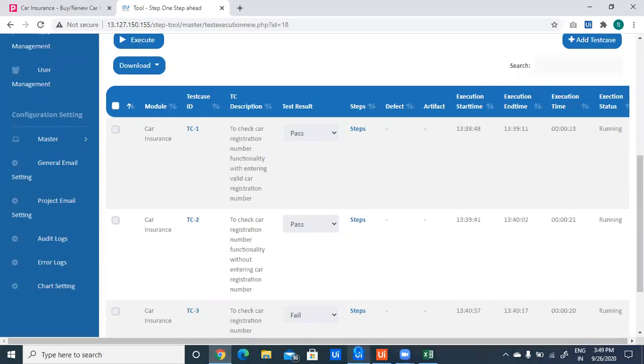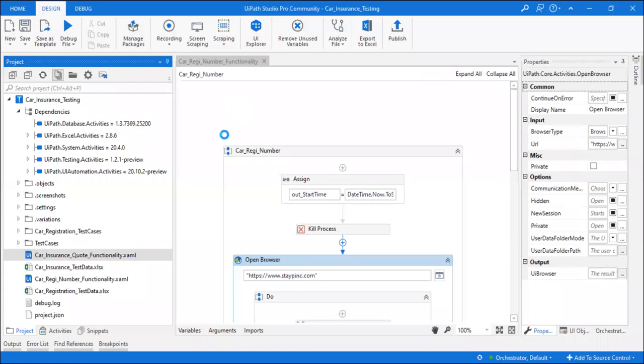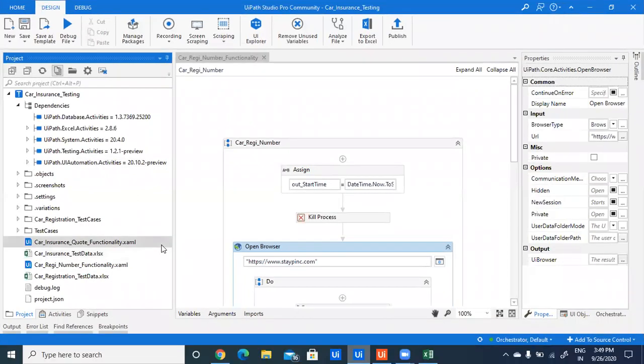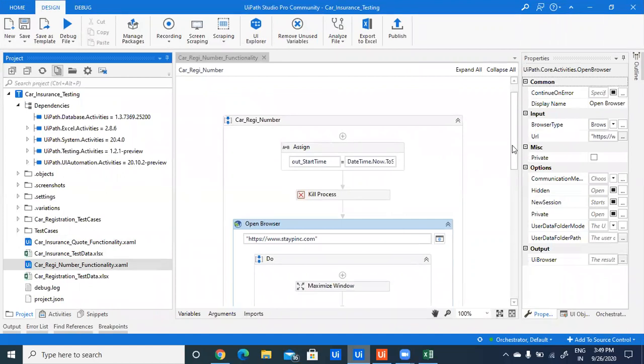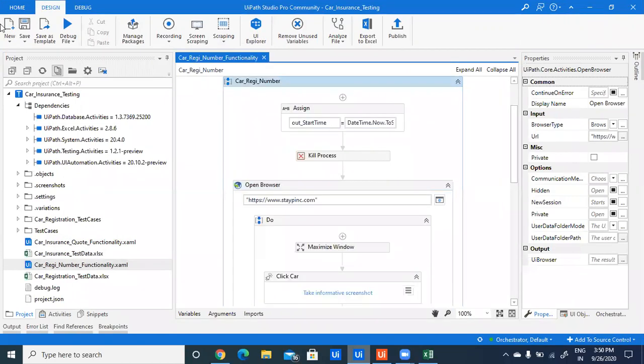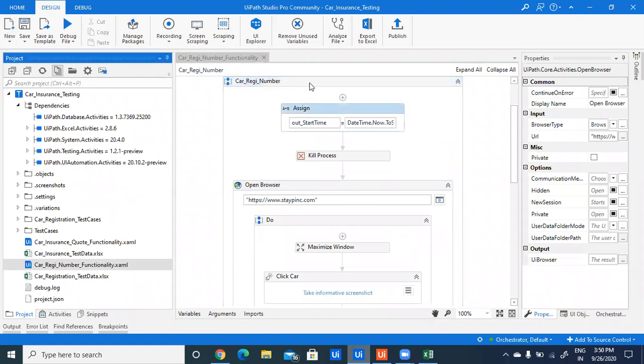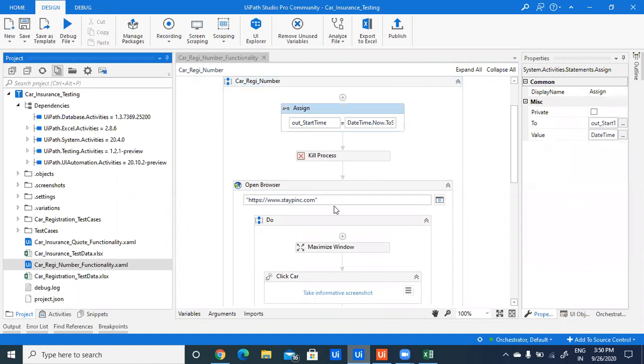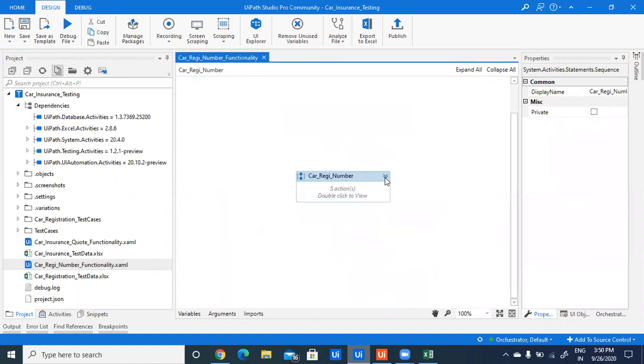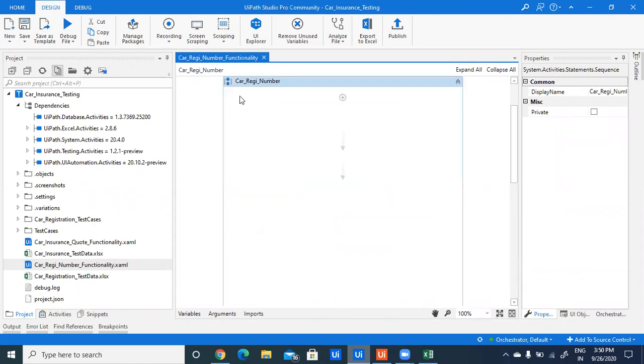So let me switch to UiPath Studio Pro. This is my main module, the car registration number functionality. Main module means the actions we are going to perform while doing the process, while we are entering the data and so on. So I have dragged and dropped a sequence. A sequence we can take from New: go to New and add Sequence. After adding the sequence, it will be added in the design panel,